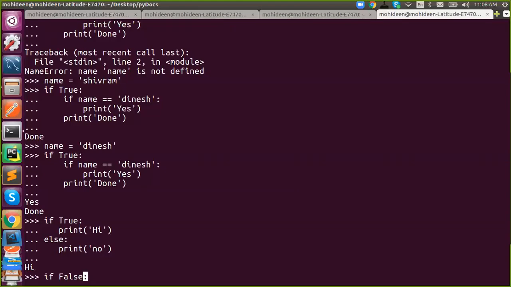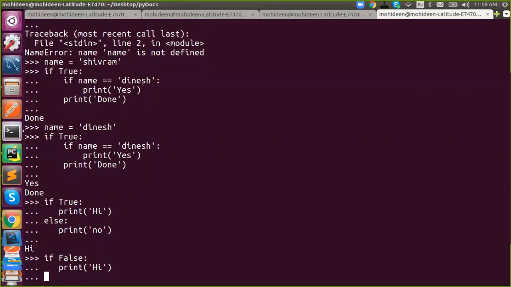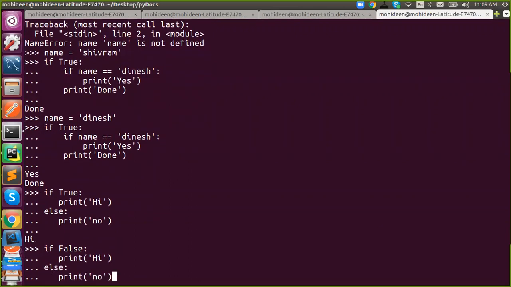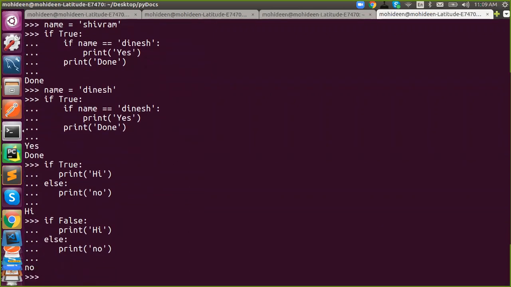If there is no print hi, let's say you remove the print hi, if true, print hi, else. No, it is false. If false, it won't come inside. It will move on to the else part. So this is considered one single block.